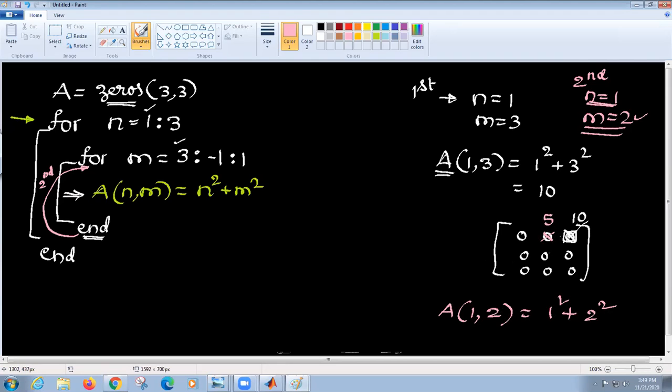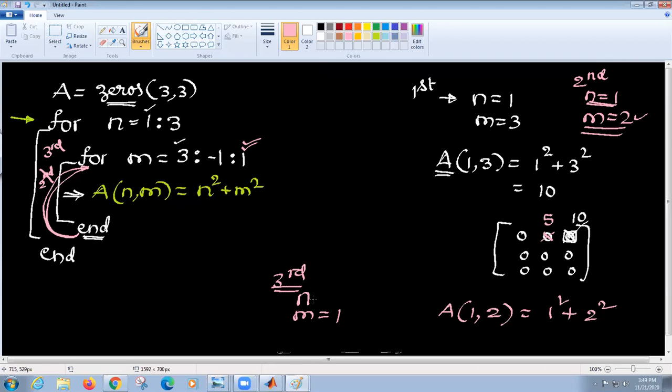So this becomes 5. Similarly, it will come here a third time. When it goes the third time, what is m now? 1, sir. Yes, for the third time, m is equal to 1. But what about n?